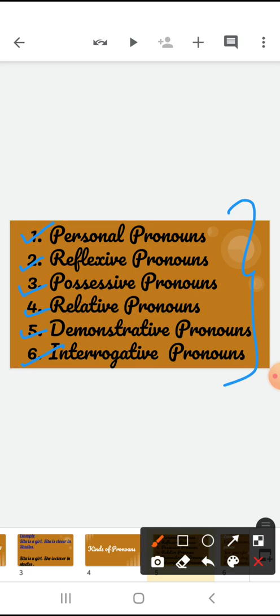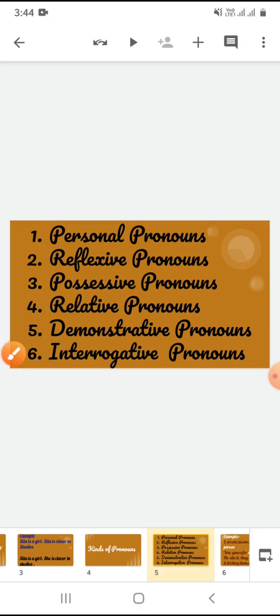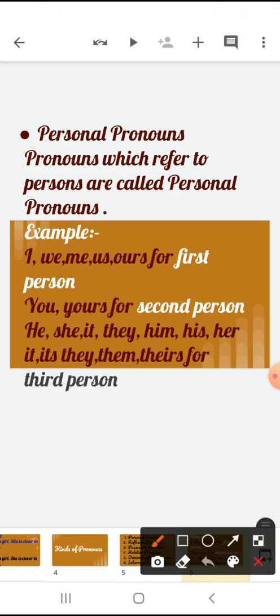Okay? Repeat with me. Kinds of pronoun. First one, personal pronoun, reflexive pronouns, possessive pronouns, relative pronouns, demonstrative pronouns, and interrogative pronouns. All right? First of all, we are going to read about